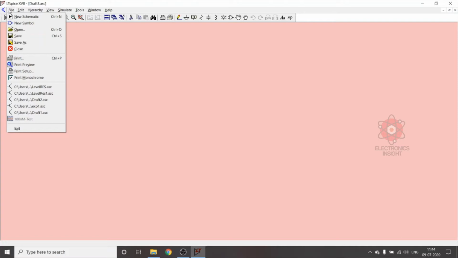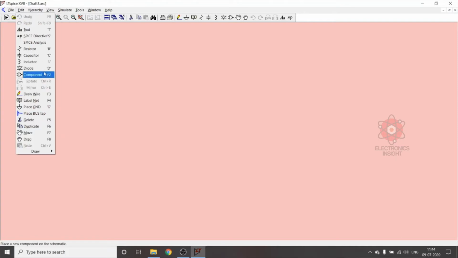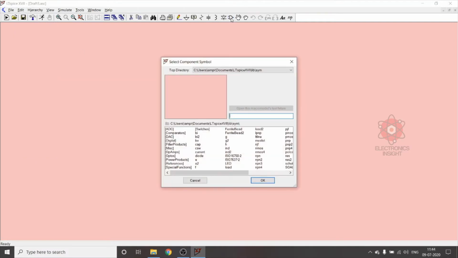So just go for edit component, or you can press the shortcut key F2, or you can see the shortcuts available here. If you press this also, we can get the components list. From this we are going to select NMOS. So this is NMOS with explicit substrate connection, where the substrate connections are there already, but this NMOS4 doesn't have, it is just a monolithic MOSFET. So this I'll be choosing.